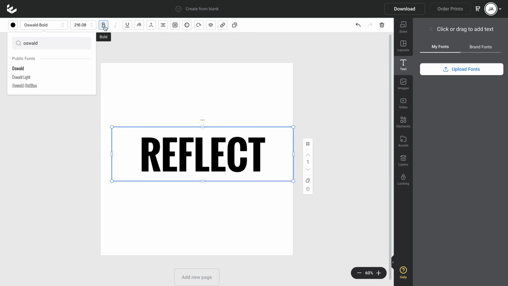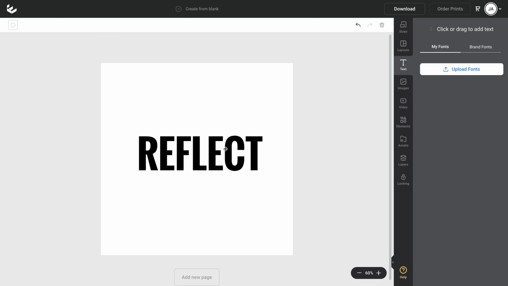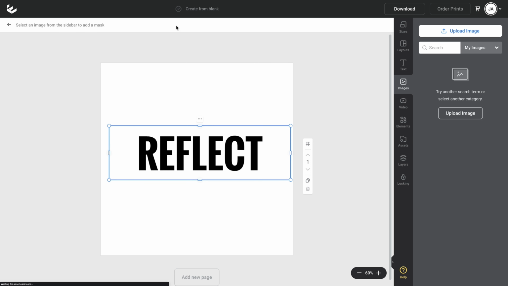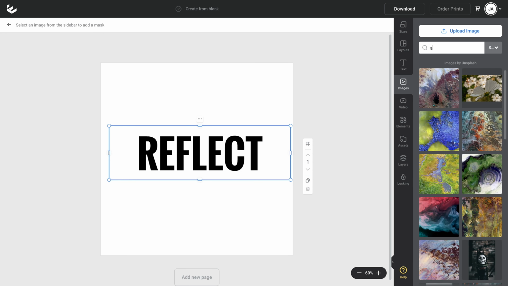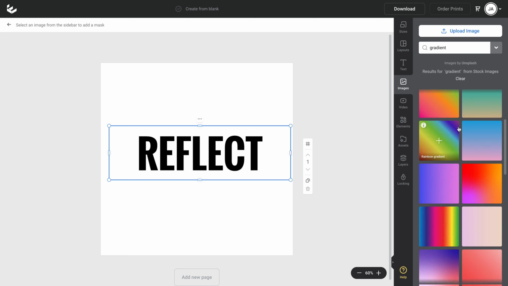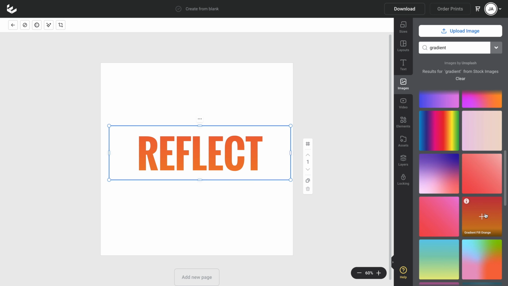Now I want to add a gradient into my text. So with the text still selected, go to Mask in the action bar, which opens your images. Select stock images and search gradient. Scroll down and I'll choose this red-orange one. Perfect. To get the text reflection effect, we need to make a copy of the text and convert it to